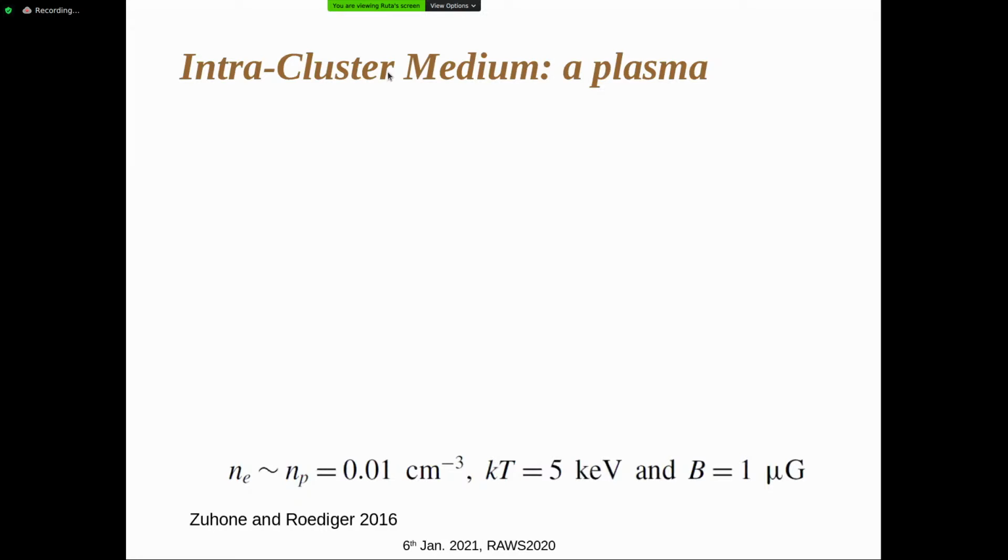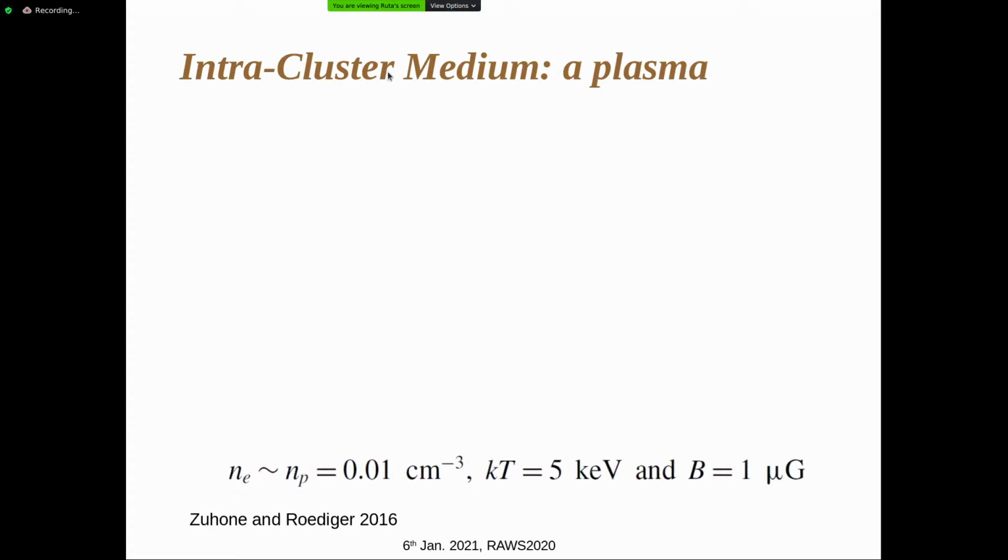So as I said, the intracluster medium, whatever name we give it, is finally, for a physicist, a plasma. And we want to learn the properties of this plasma and see what sort of phenomena can occur in it. So here I will just tell you very briefly about the plasma properties of the intracluster medium, like the mean free path, etc. This is a plasma, so you also have these properties. Some of you may have come across it, or eventually in your courses, as you go through further years of your study, you will definitely come across plasma physics.